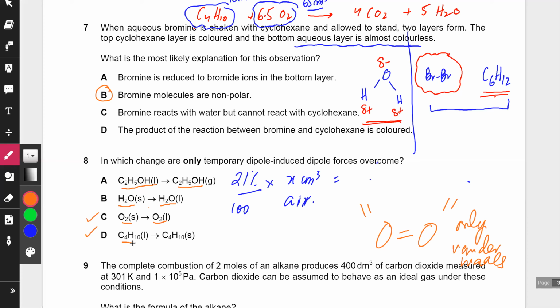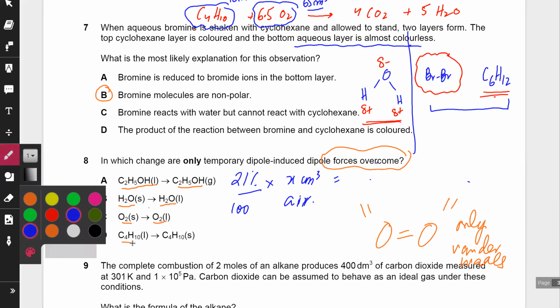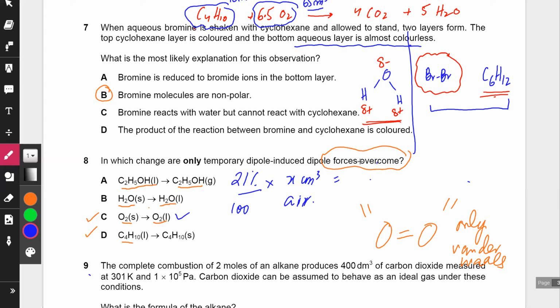And he's saying forces are overcome. You're breaking them. So that would actually change state. So which one? Solidifying or melting or freezing? C, solid to liquid. Yeah. Okay, so it's going to be C. So okay, let's continue with this